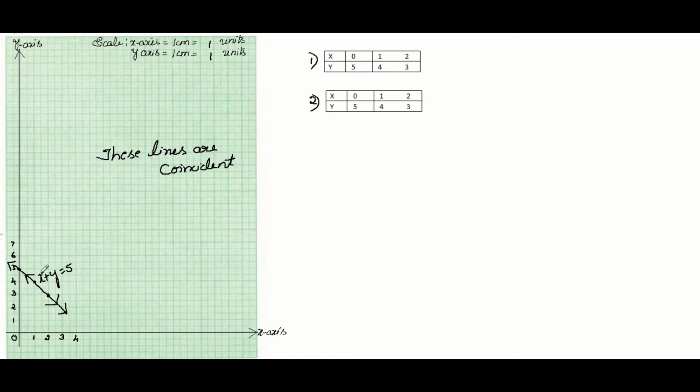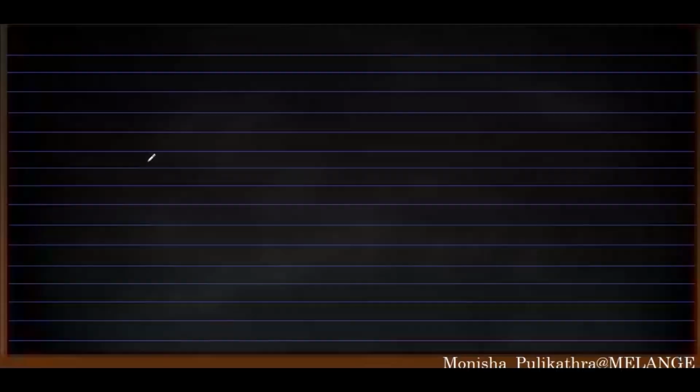Okay, we need to mark the points here. The first point is (0, 5). The second point is (1, 4) and third point is (2, 3). Okay, so this is the way to do the graphical representation. Moving to the second question. In the second question, the equations given are,